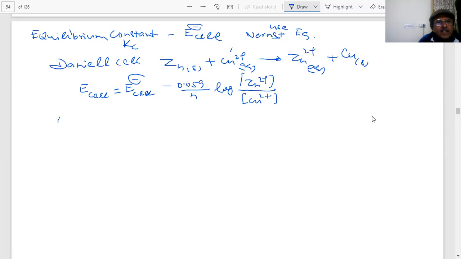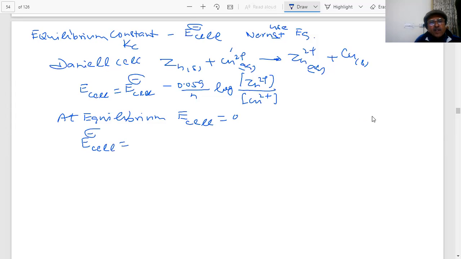What will happen at equilibrium? At equilibrium, E cell will become zero. Then what is the formula? And this value will become Kc. So what you get? E naught cell is equal to 0.059 by n log of K,